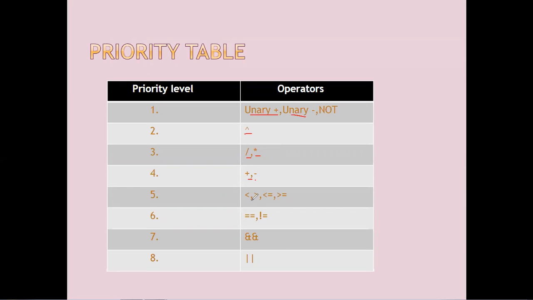Okay, after that the priority goes to less than, greater than, less than or equal to, greater than or equal to. After that the priority goes to the equal to operator, not equal to operator, then the double ampersand operator, the AND condition and the OR condition. So this is the priority table, you can easily understand which operator has the highest priority while converting infix to prefix or infix to postfix. These operators are very important, so we must be clear on the priority of these operators.